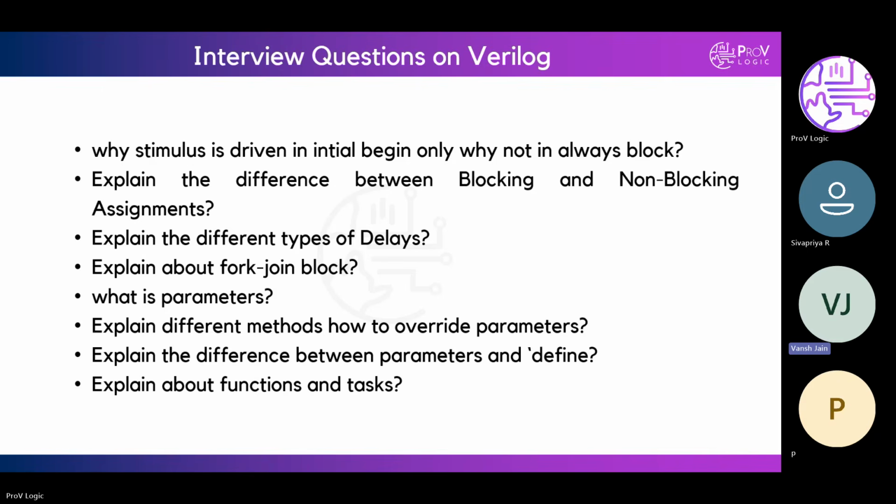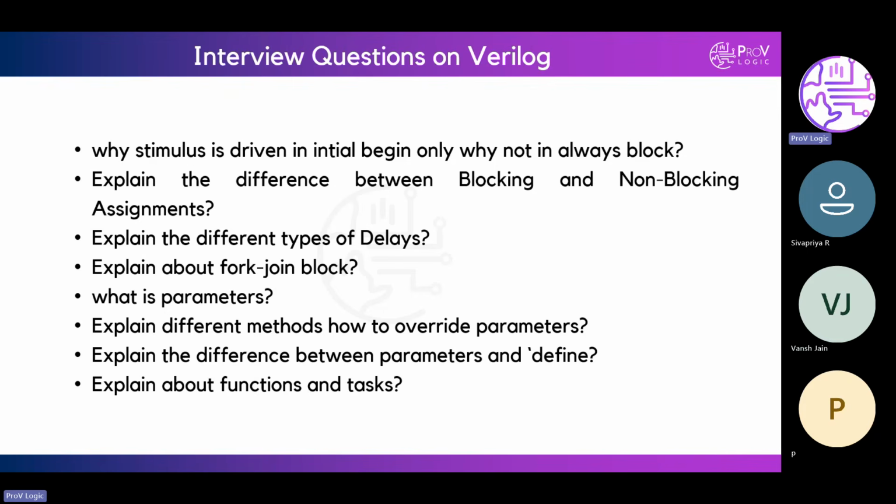Parameter can be used to change the value of the constant if you want. But with define, the value is the same in the entire file. But with parameter, we can change the value at the time of instantiation.